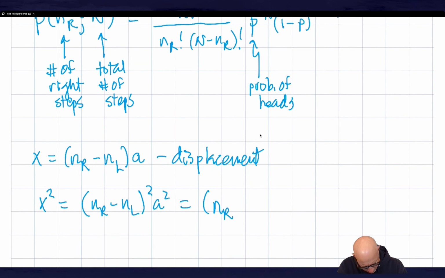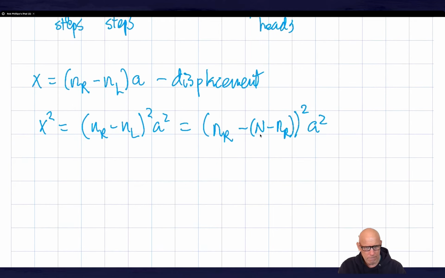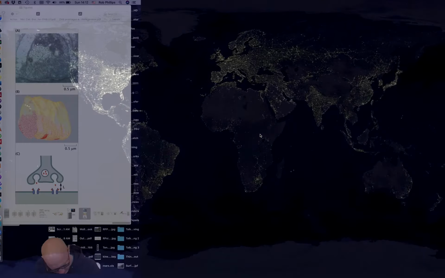So nl is n minus nr, and this is squared times a squared, which I see is the same as 2nr minus n squared a squared, and hence average x squared is equal to average